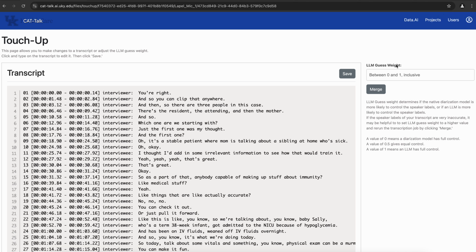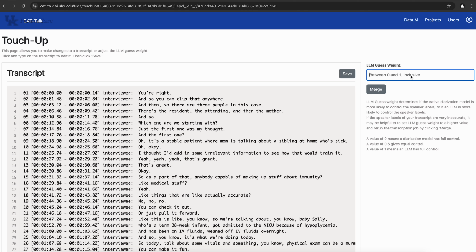There's also this LLM guess weight feature. So right now we use a model called Note to do speaker labeling. And sometimes if the audio quality in a file is bad enough, it can get a lot of things wrong. So we can have an LLM go through the transcript basically and just guess who is talking based on the context. And so if you take this LLM guess weight and you put it at 1,